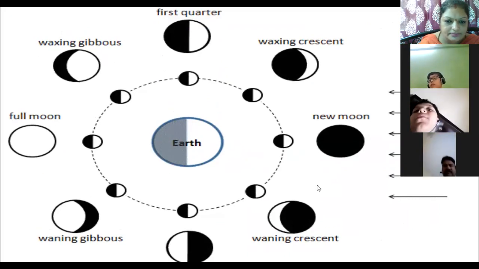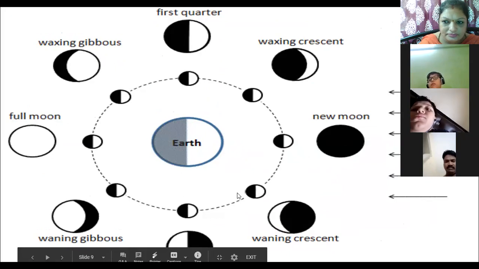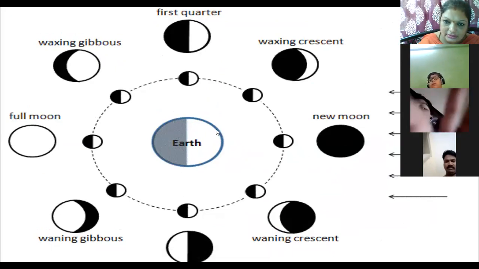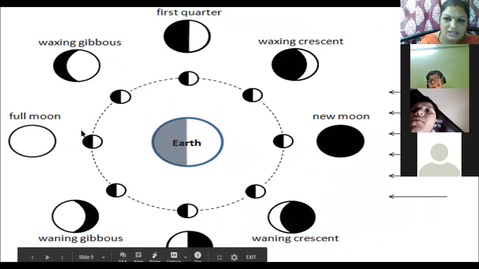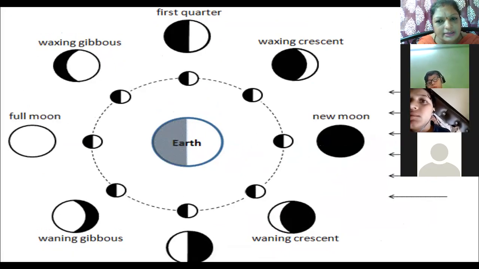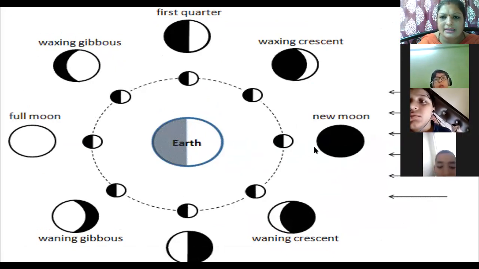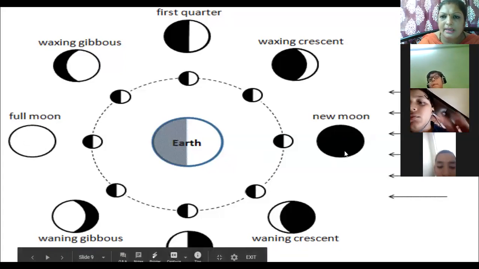Now look at this picture. This picture shows you the earth and the phases of the moon. This you have already studied in standard 5. If we are standing here on the earth, how will the moon look from the earth? When it is a new moon day, there is no moon in the sky. When you can see the full complete illuminated moon, it is a full moon day. The period from new moon to the full moon is 15 days.